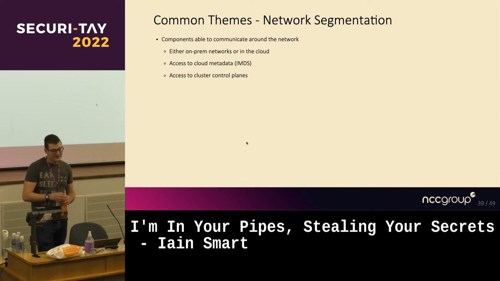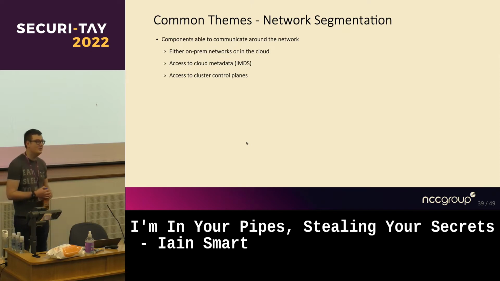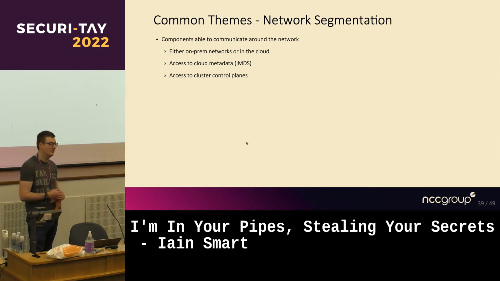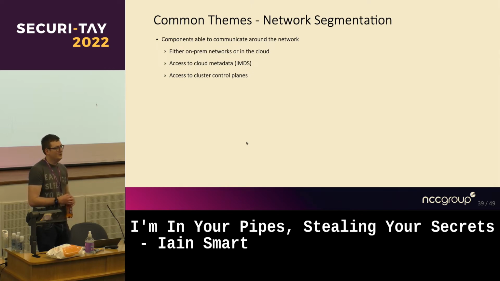If you're in the cloud, access to cloud metadata is always a fun one to forget to block. I've seen instances where people have an EC2 running that has ridiculously privileged IAM permissions. So you can just say, right, as part of my pipeline, I'm going to curl the 169.254.169.254 address, grab credentials, authenticate to AWS, ransack your environment. Cluster control planes: you can block Kubernetes pods from being able to talk to the Kubernetes API server through network policy.